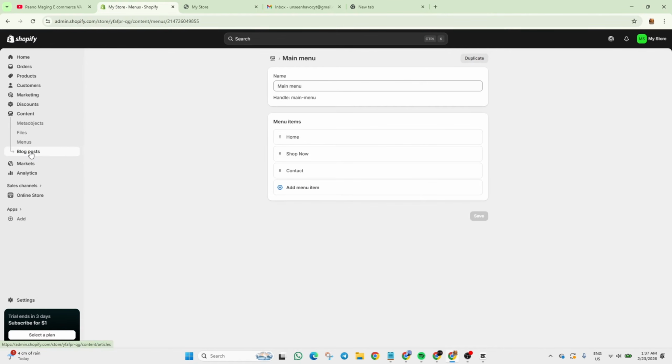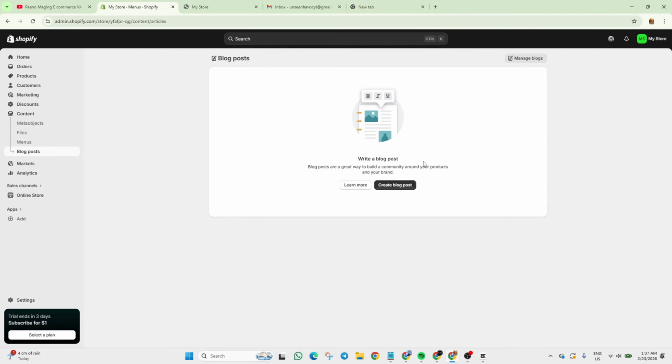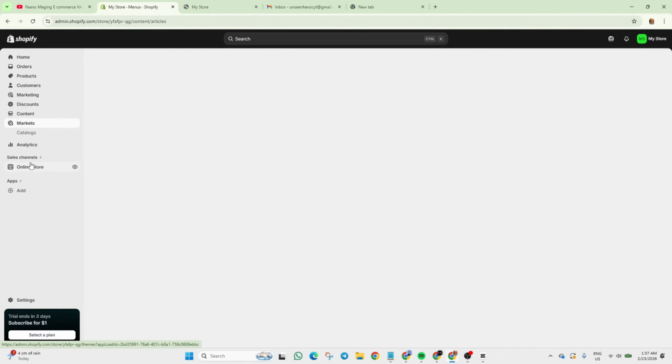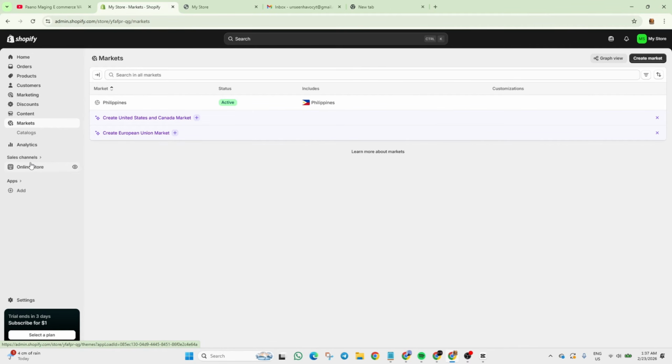And then blog, if your client wants to create a blog, this is where you do it. But most Shopify dropshippers won't use it a lot unless they are big fans. And then markets. If you're not an e-commerce manager, you won't use this because pag bigay ng access ng client nyo sa inyo, the store is already built up.